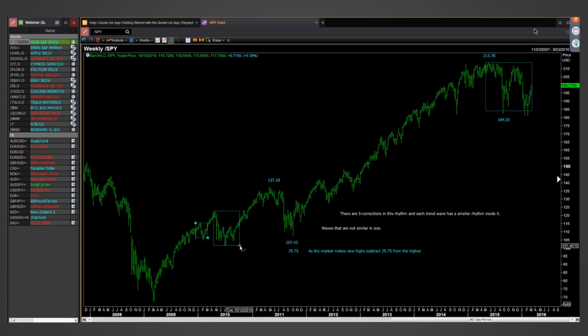And here it is. And as the market makes new highs, that's the key. The market has to make new highs. It has to go above the previous beginning of the correction wave. This was where the correction wave began. It dropped down to here. So we need to see new highs. Once there's new highs, start moving the